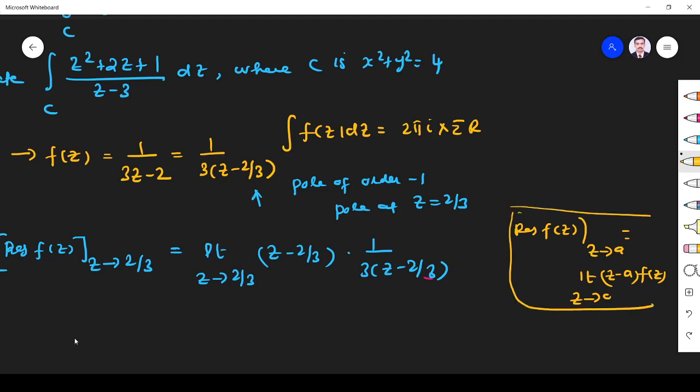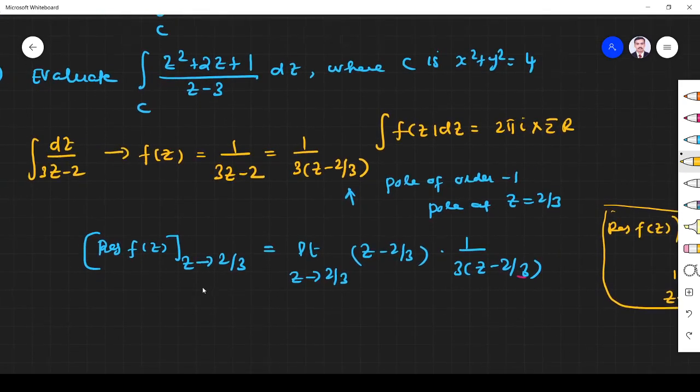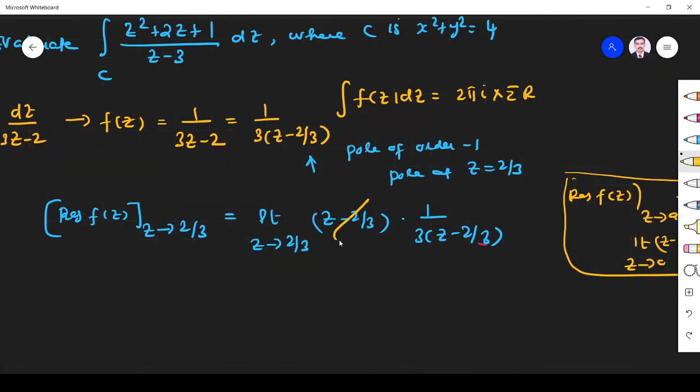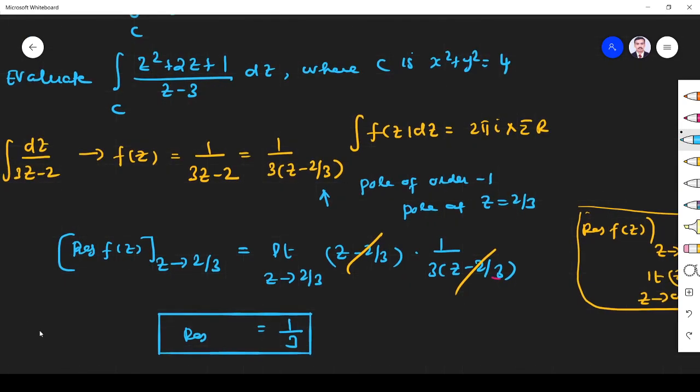Please refer that. Finding the residue is an important problem in the TNEB exam. So this is cancelling. When you cancel this, what we get is 1 by 3. So we got a residue as 1 by 3. But what is the answer? My answer is